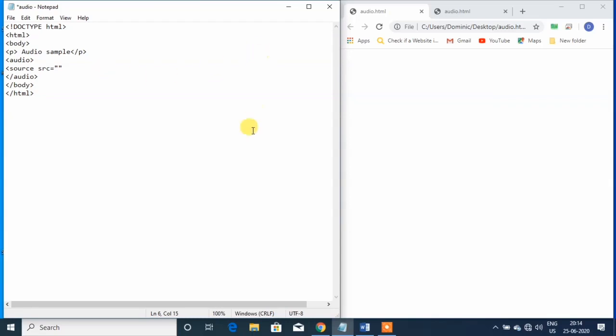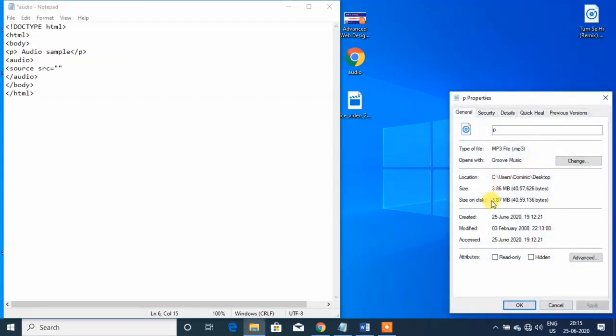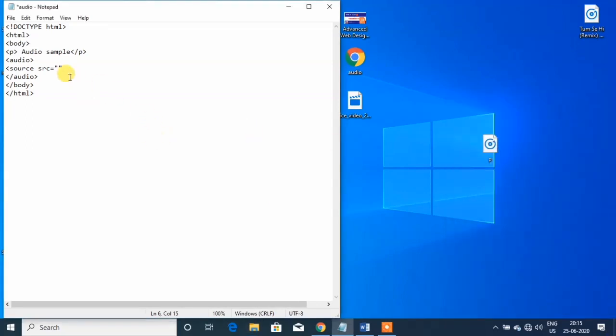Let's see where the audio file is on your computer. So here is the audio file. Right click on it, go to properties and copy this path or the name of the file. Suppose both files are on the desktop, so there is no need to copy the path, you can copy only the name of the audio file. I am copying it that way and pasting it over here. .mp3 is the type of file.